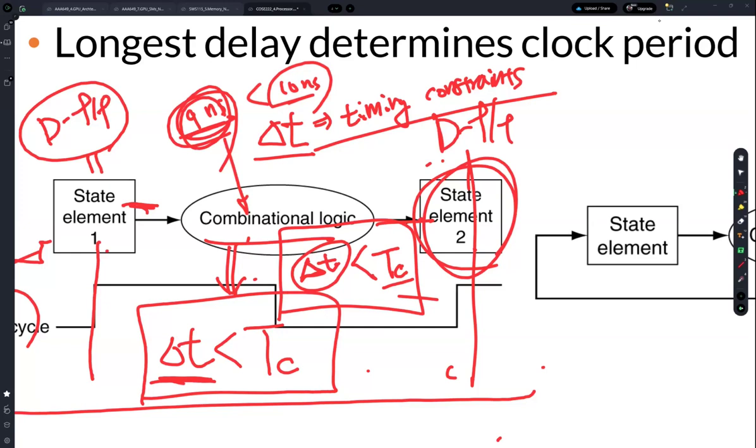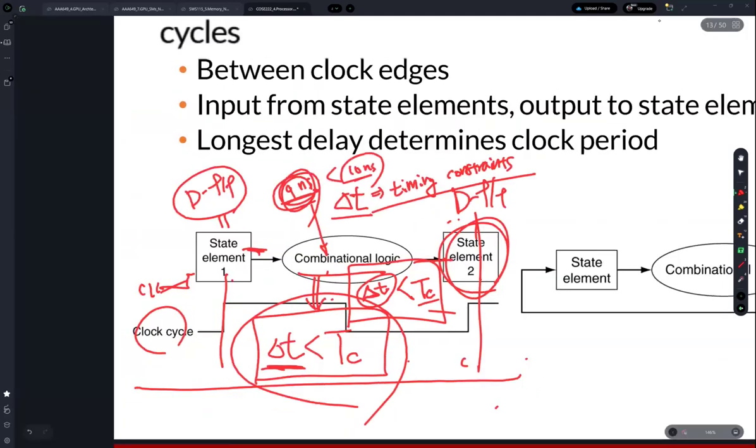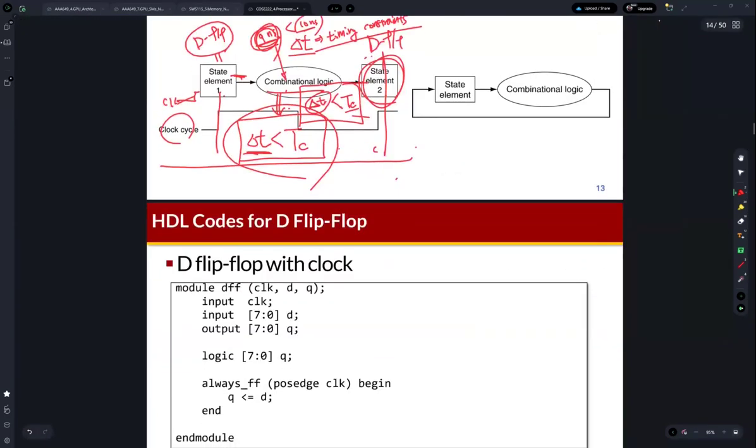That's why this concept, this timing constraint, is very important, very critical for hardware design. Okay, so I hope you can understand this. Okay,